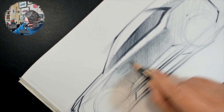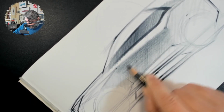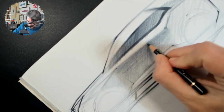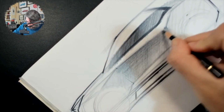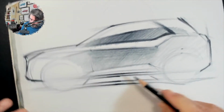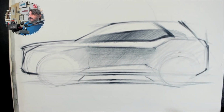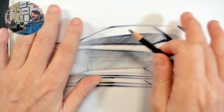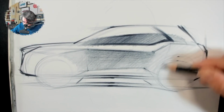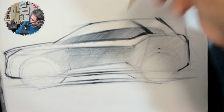As you can see, I'm making typical cylinder shading, and I am leaving those two areas a little bit lighter, you see, because they have to show that they are popping out. Now here it's more like that, and because the light is coming from here,